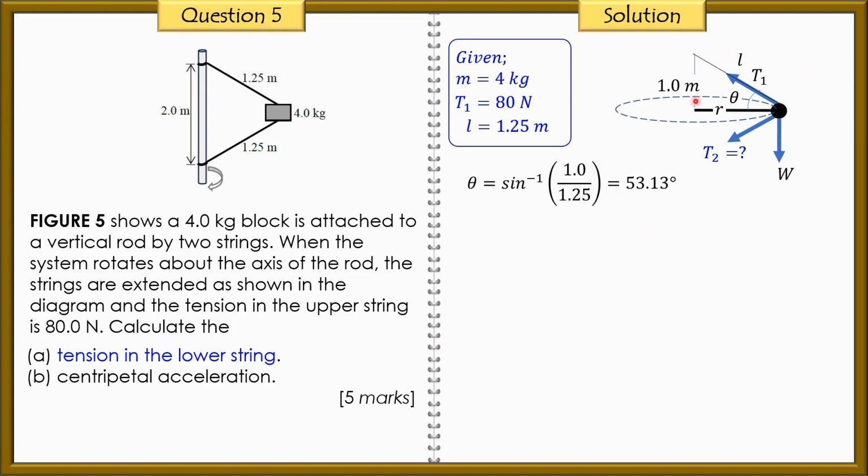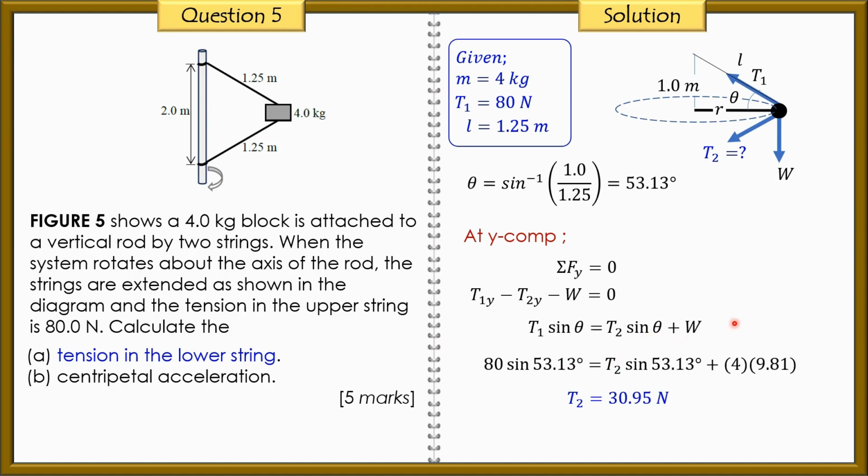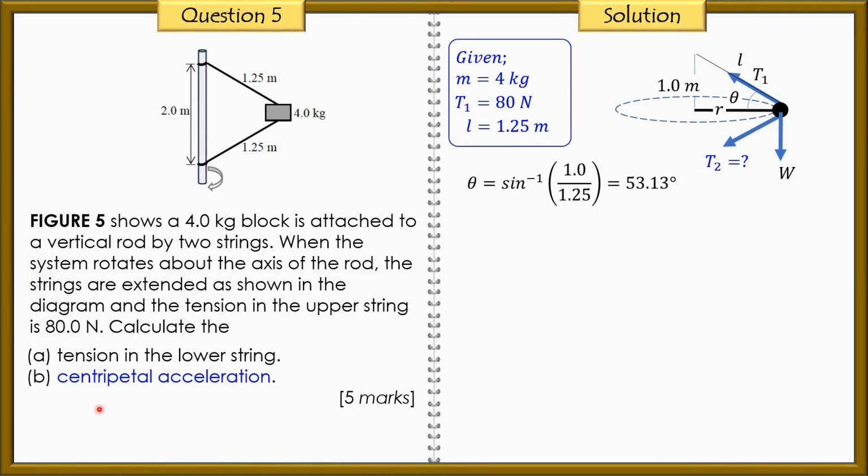And also referring to the diagram, to determine the tension in the lower string, you can do the analysis at the y component, where the total force exerted at the y component is equal to 0. And here we know that T1y is upward, so T1y is positive. T2y and W are downward, so both of them are negative. When you substitute the values into the equation, you will get that T2 is equal to 30.95 Newton. For question B,